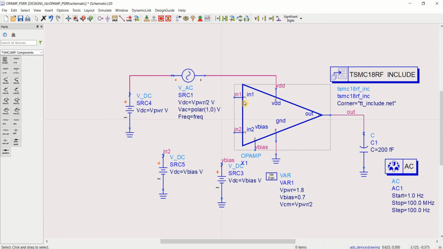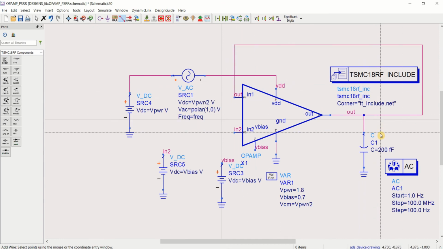Here you have to provide the out. We'll use the name out. It shows that it is a unity gain. Output is directly connected to the input in this fashion. So instead of this wire, we are using the labels.